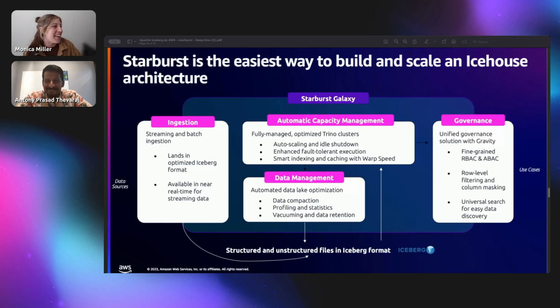Yes. So I wanted to talk about this data lakehouse, open data lakehouse architecture. The thing I mentioned previously is that we have the Trino and Iceberg combination. We like to refer to that as the Icehouse here. And lots of our Icehouses, I'd say most of them, are built on AWS. We think about the Icehouse as those four components, combining that Trino and Iceberg combination, separating compute and storage,